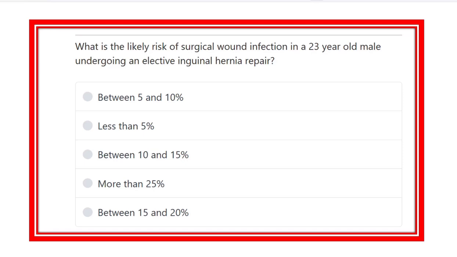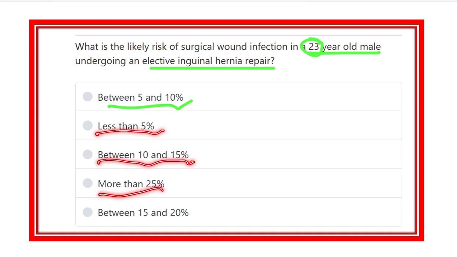What is the likely risk of surgical wound infection? A 23-year-old male is undergoing an elective inguinal hernia repair. So when there is an elective inguinal hernia repair, what is the percentage chance of infection? Here the options are between 5 to 10%, less than 5%, between 10 to 15%, more than 25%, and